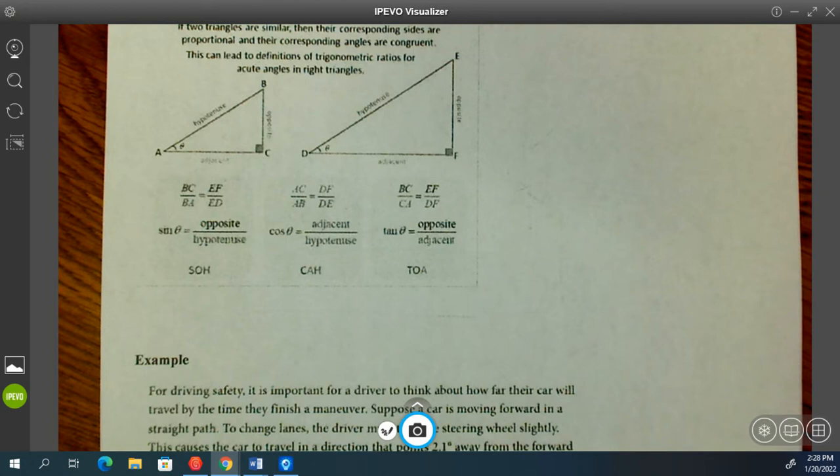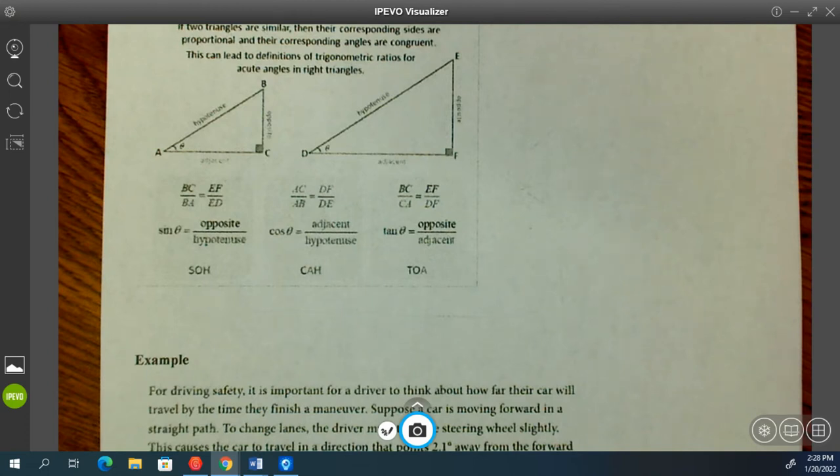So if I'm looking at this angle, which has the symbol theta on it, and I look at BC compared to BA, if this triangle is similar to another triangle, now that doesn't mean it's the same. Similarity means it has the same angle measures, but they're different sizes. It's the same shape. If I compare the ratios of this triangle with the same sides of this one,